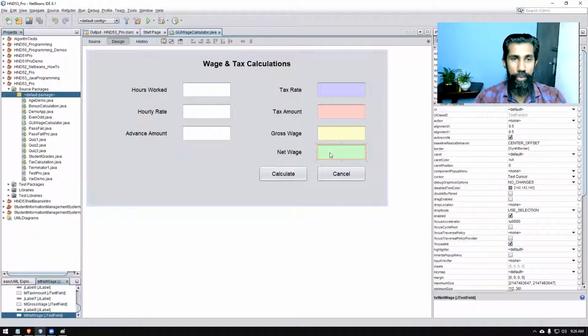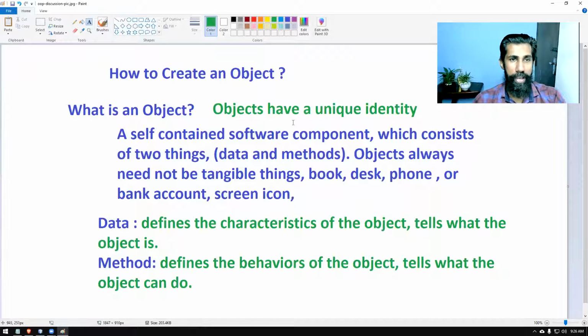If you have a passport, globally that is a unique number. So there is a unique way of identifying yourself or the object. Even if we have hundreds and thousands of objects, each object can be uniquely identified, and it should be identified, otherwise no use. That is why objects have a unique identity, right?